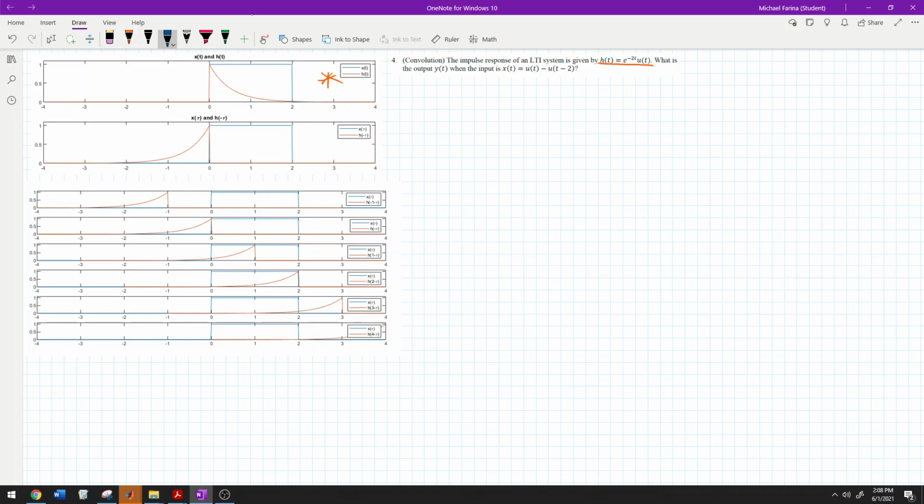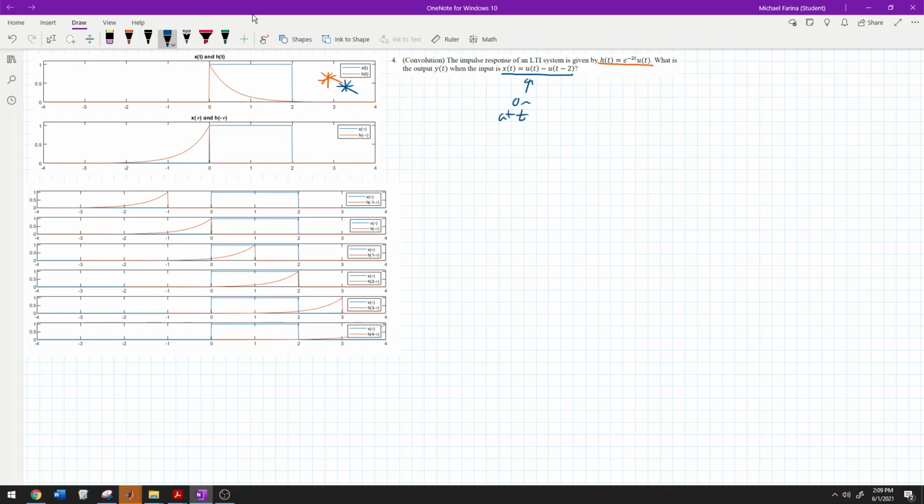And then what is the output y of t when the input x of t equals a standard unit step minus a unit step delayed by 2? And that's over here in blue. The unit step turns it on